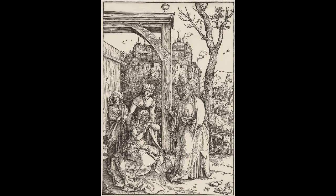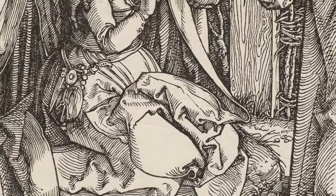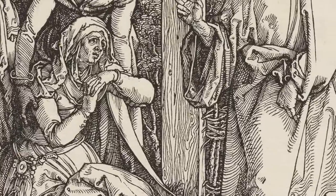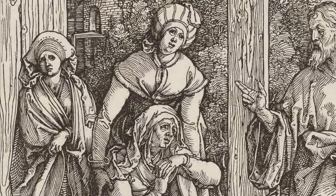Durer's woodcut, Christ taking leave of his mother, is full of wonderfully observed naturalistic details. Jesus' mother kneels on the ground, her skirts crumpled in disarray around her, her expression sorrowful, her hands tightly clasped as she beseeches her son not to leave to begin his preaching, knowing that this will ultimately lead to his death. She and the other two female figures are framed by a kind of open lean-to cut from rough wooden